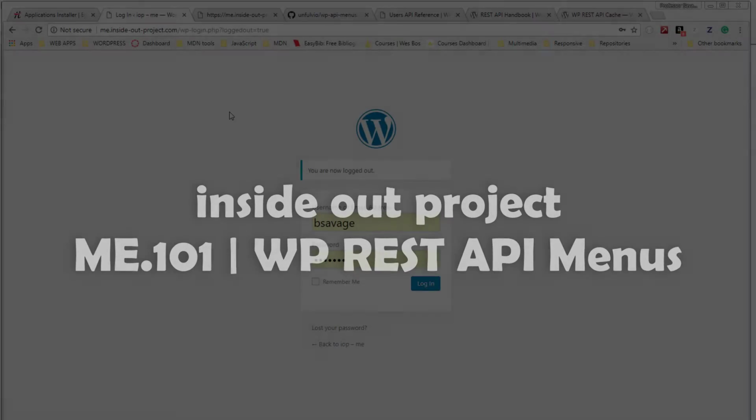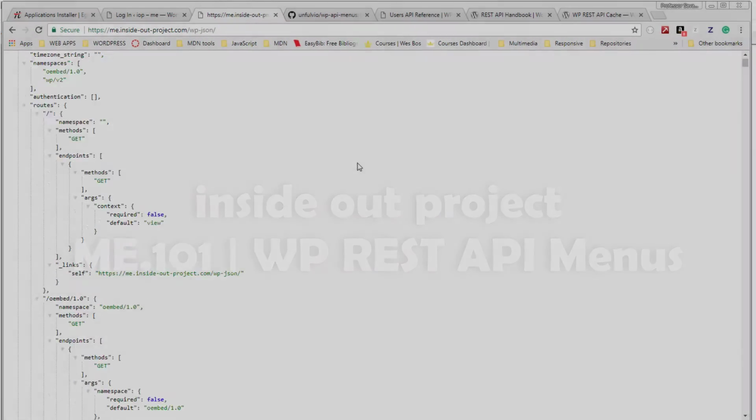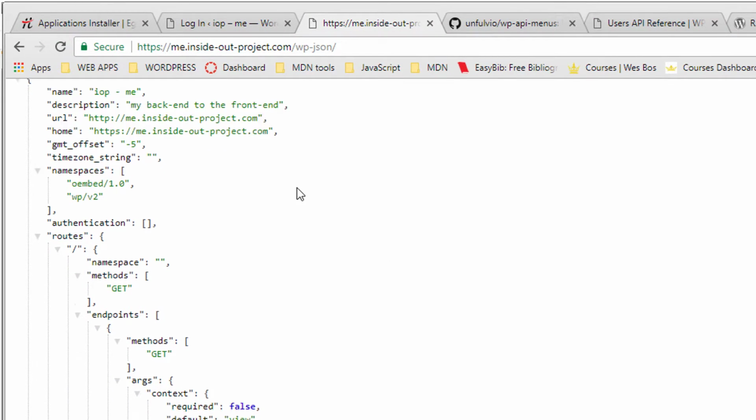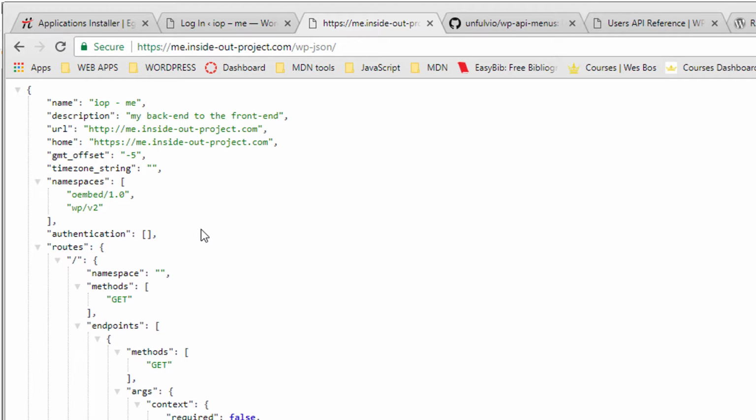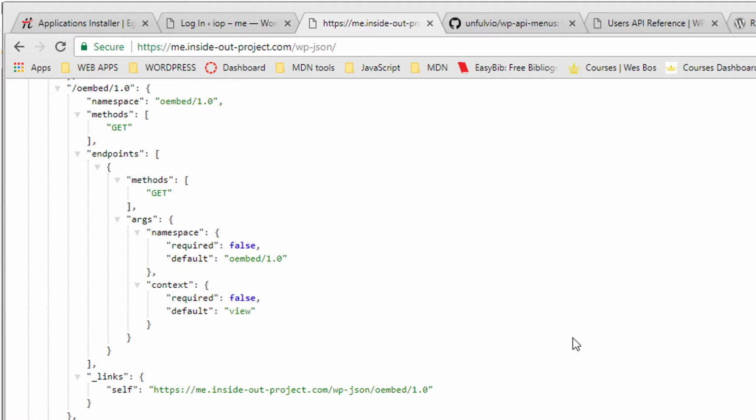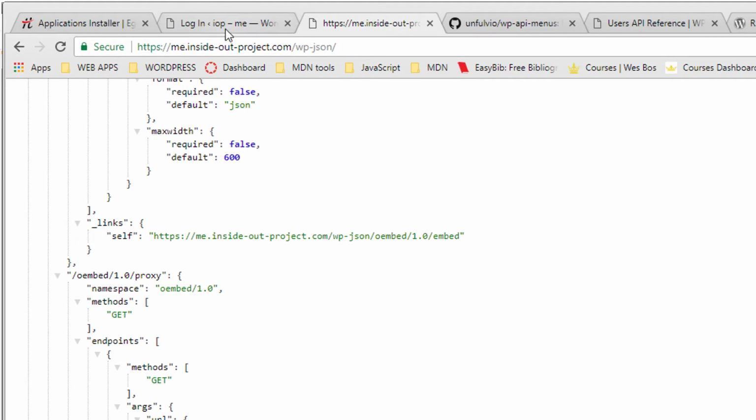Alright, so in this lesson we're going to find a way to get a route to expose menus for us. And we want those menus to be available in the hierarchy that they're built in our menu builder in our